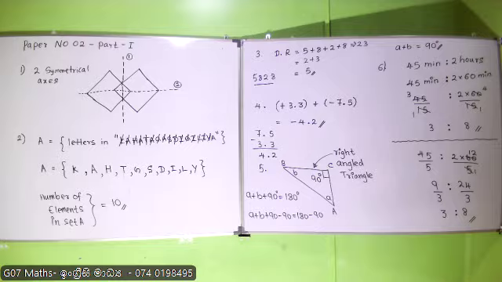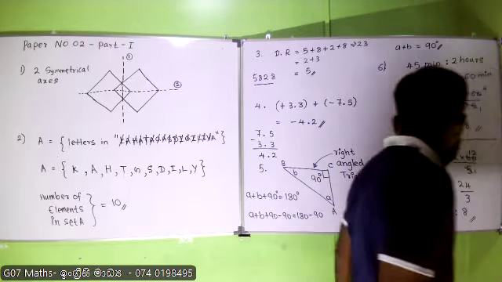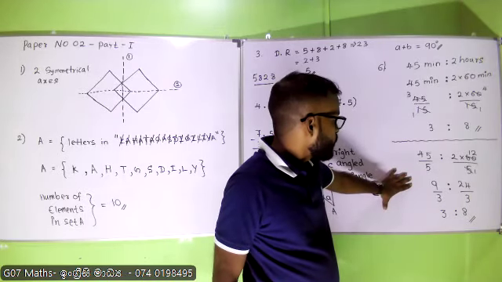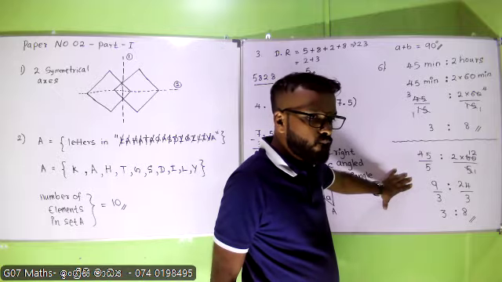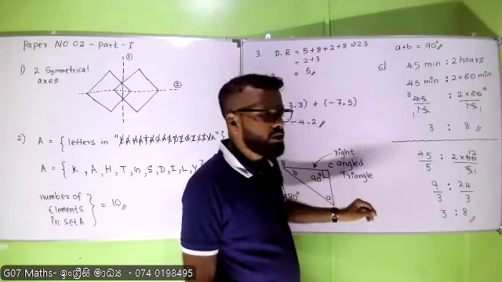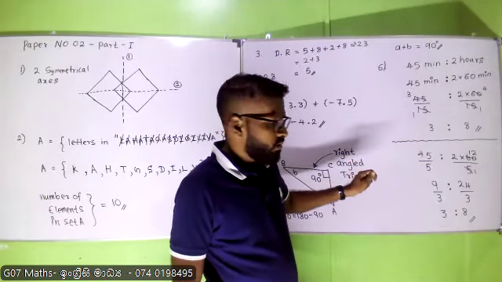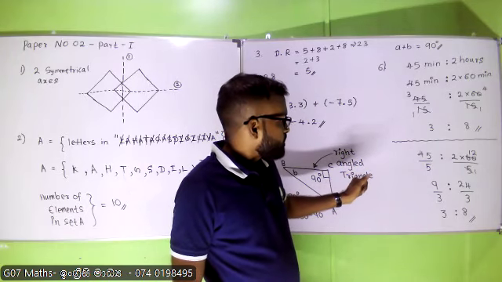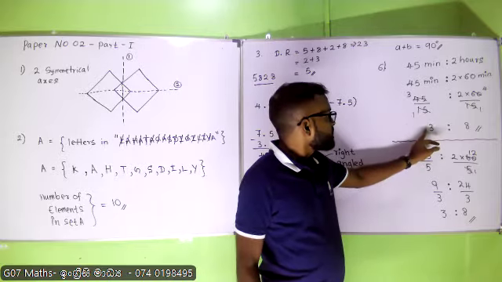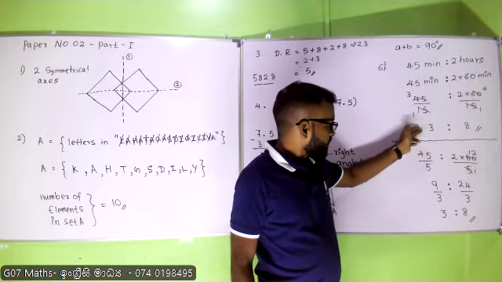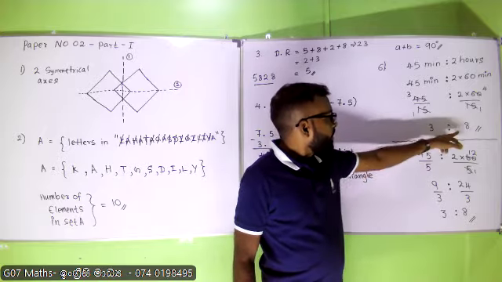So the answer is 8, not 4. Because of the 2 multiplied. Which one? Where? The answer. This one. Another one. 8. How this becomes